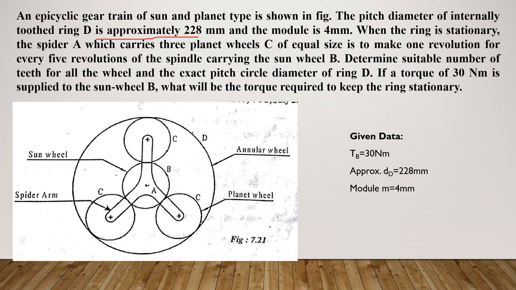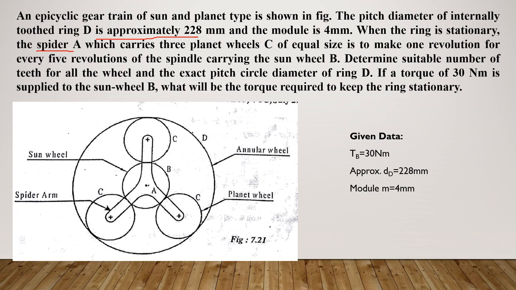When the ring is stationary, ring means the external D is fixed. The spider A, which carries the three planets, that is another term. The spider is another term used for arm. Instead of arm, they can call it a spider. If the connection is like this, they call it a spider, which carries three planet wheels C of equal size. Okay, there are C, three gears are there, C, C, C. They are planet wheels of same size,